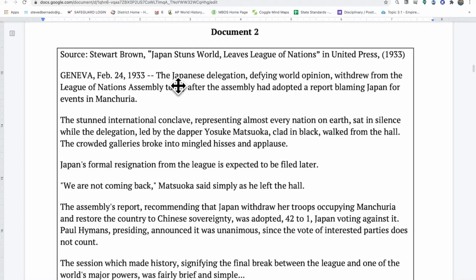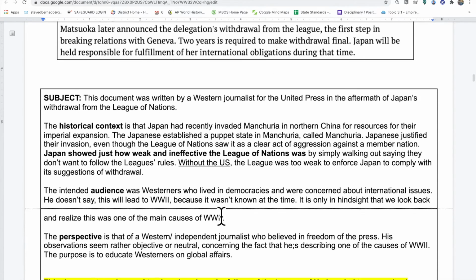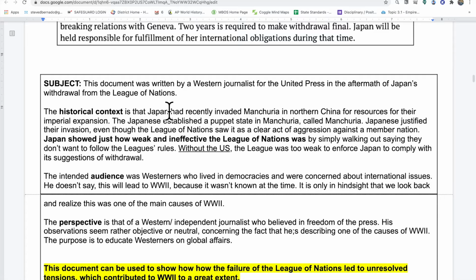Okay. Stuart Brown, Japan stuns the world. Okay, United Press. This is a periodical. Let's take a look. Well, the subject: the document was written by a Western journalist for the United Press in the aftermath of Japan's withdrawal from the League of Nations. The historical context is that Japan had recently invaded Manchuria in Northern China for resources for their